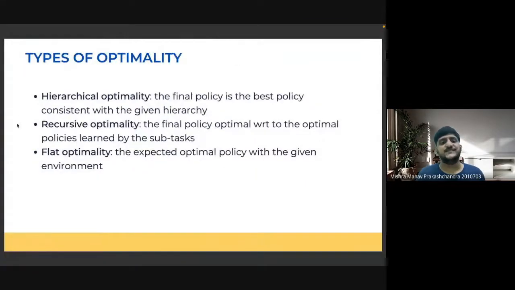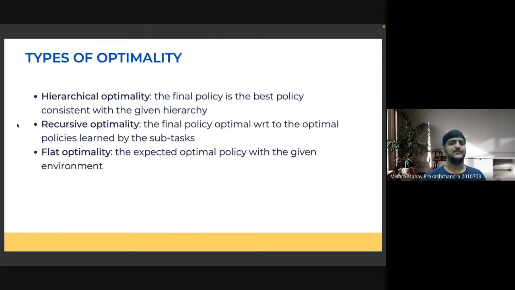Second, the professor talked about the different types of optimality that one can find in the hierarchical RL setting. First is hierarchical optimality, which is basically that the final policy is the best policy with respect to the given hierarchy in the problem statement. Then there is recursive optimality. In recursive optimality, the final policy is optimal with respect to the optimal policies learned by each of the subtasks.